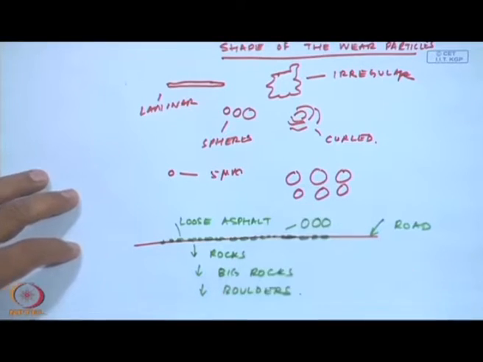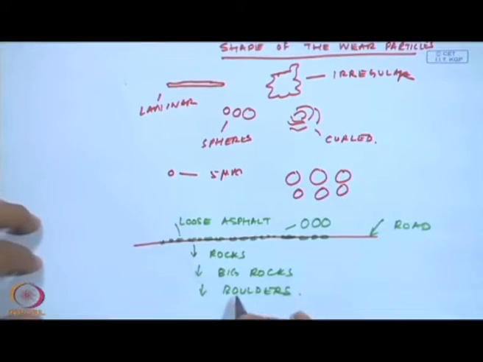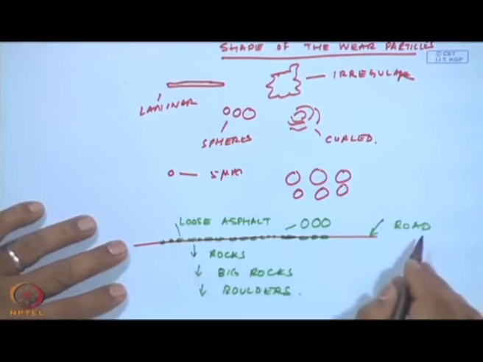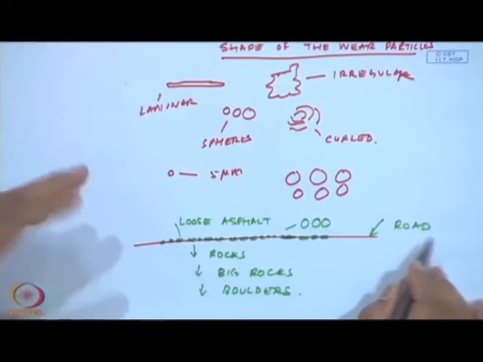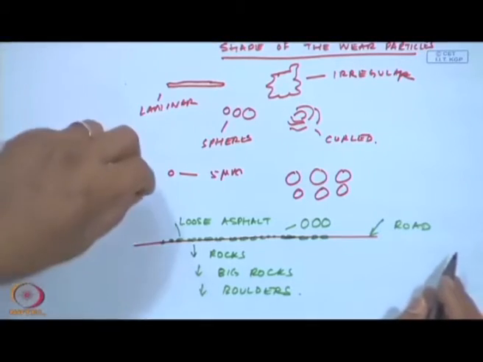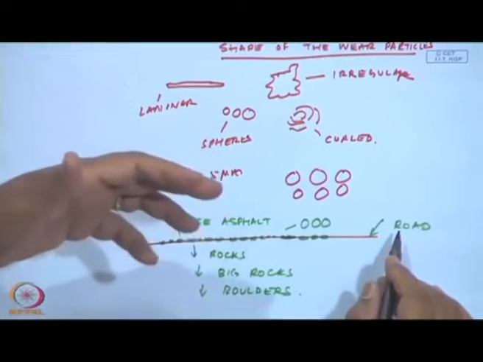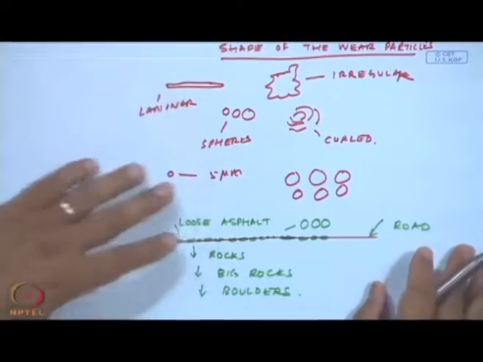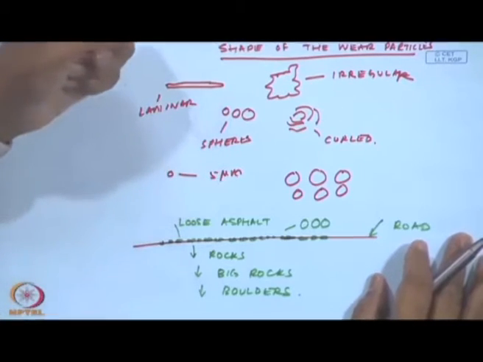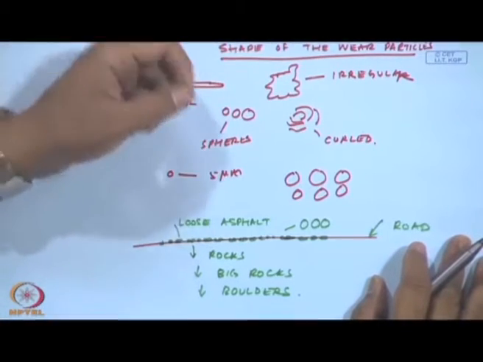If you do not treat this asphaltic road, with no treatment done, with time because of weathering conditions, you will initially have loose asphalt coming out, then the gravels and the rocks, then the big rocks followed by boulders. Similarly, the same thing happens in machines as well. You will have small strips coming out, small spears coming out. If it goes untreated, you will have big components coming out, big spears coming out, and so on. So the size will decide the rate of severity of this wear debris.